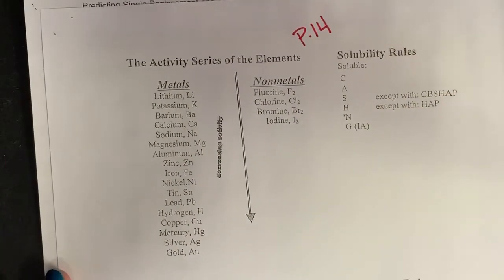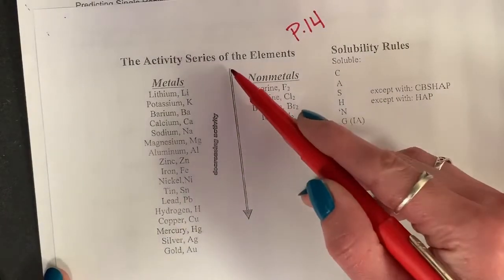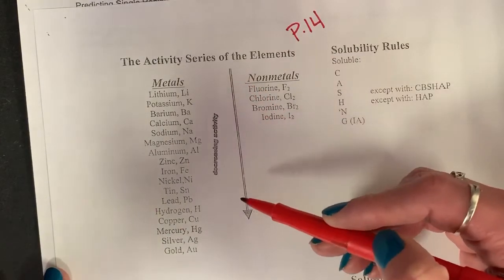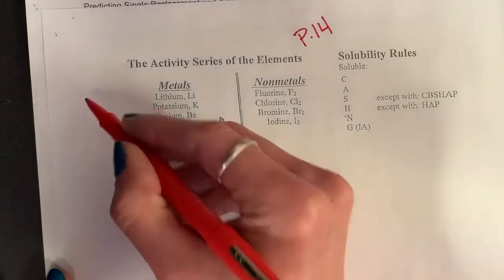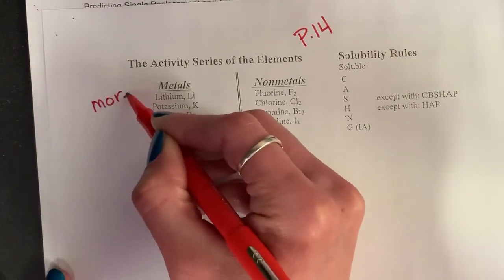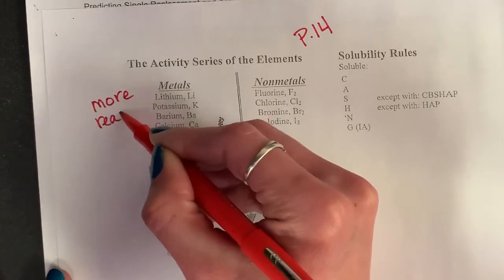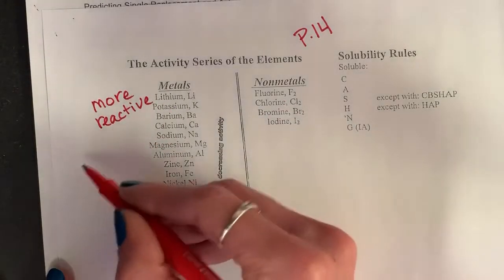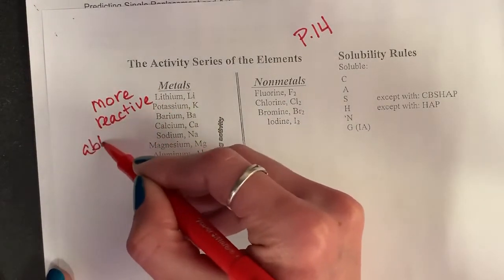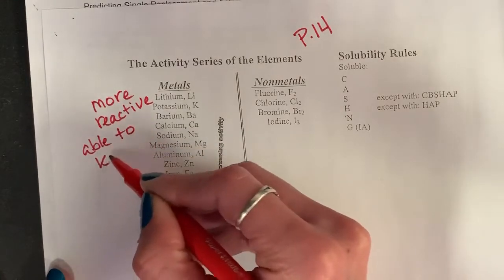Now, when I look at this list, the arrow tells me that I've got decreasing activity as I go down. What that means is elements on top are more reactive, which means they are able to kick out